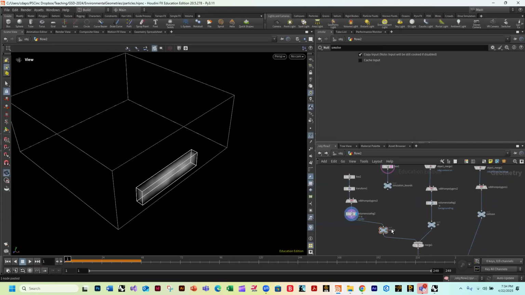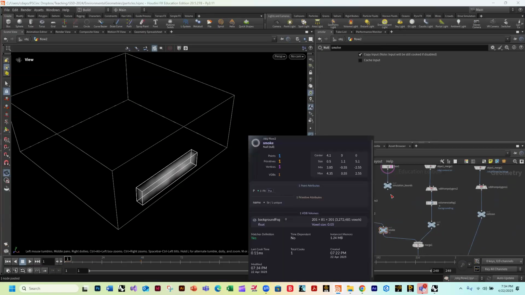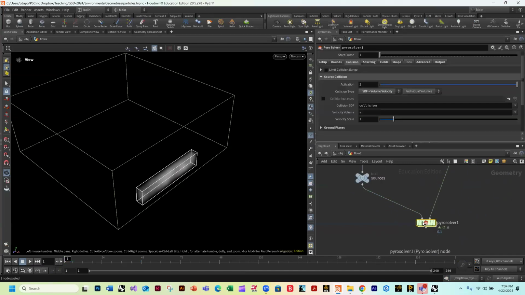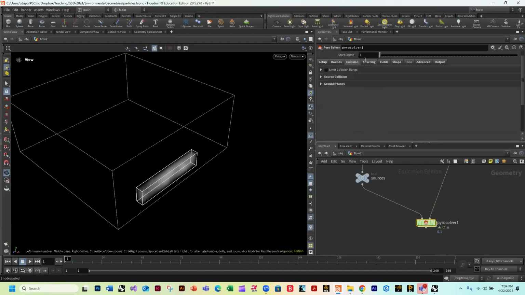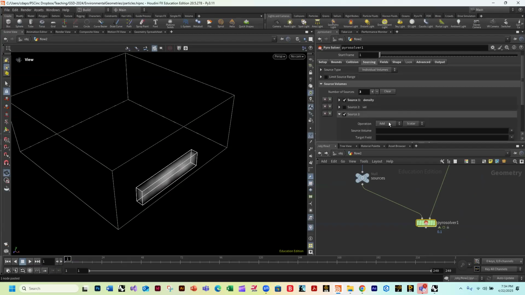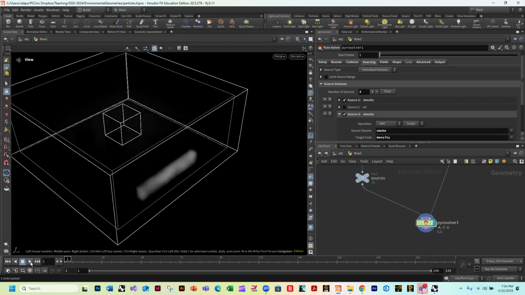Smoke. Okay. And then here in the Pyro solver, we can go back to our sourcing. We can add to the density field. I'm going to leave the operation on add, and we'll call this smoke. Okay, and now if I turn on the Pyro solver,